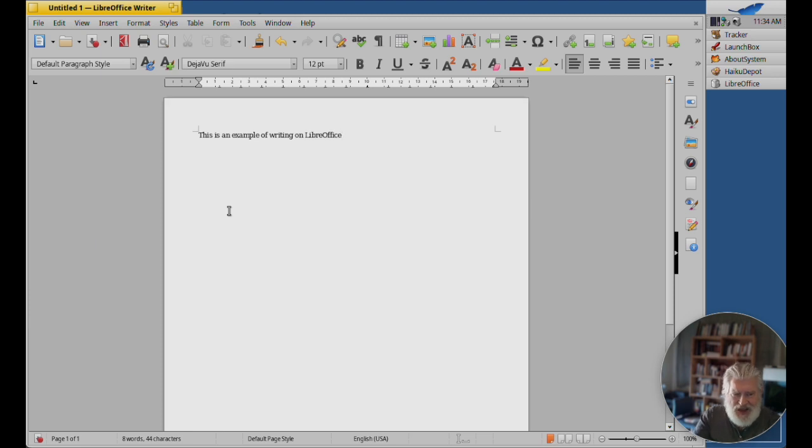I actually have a copy of Star Writer for MS-DOS. It's that old. It has its own file format, ODT,